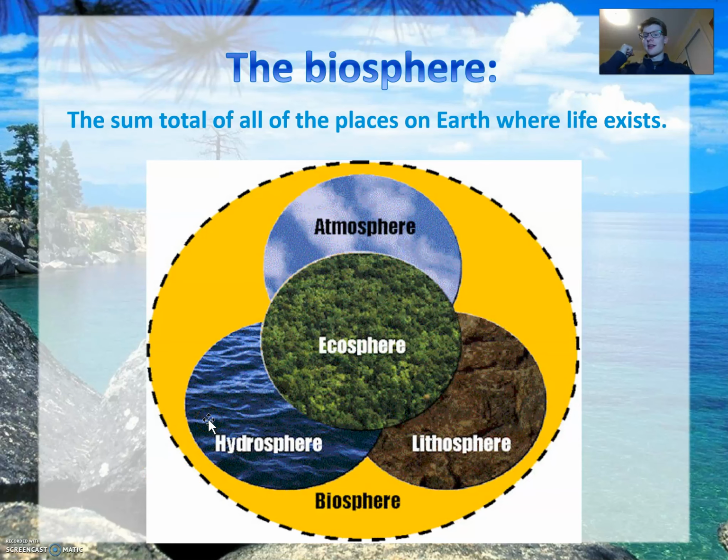But basically, the ocean, all the land on Earth, the atmosphere, even underground in the lithosphere, we see some organisms living there. That's the biosphere. The biosphere consists of all of this. We use the term biosphere a lot when we're relating to how the entire population of animals on Earth can influence other spheres, such as the atmosphere. Yeah, it's a very all-encompassing term.